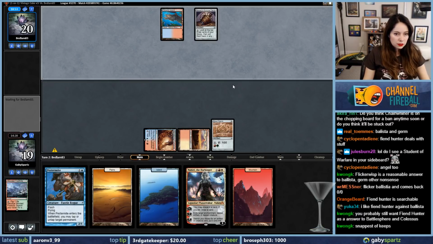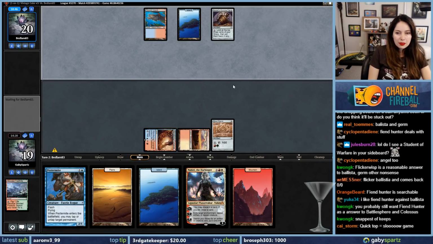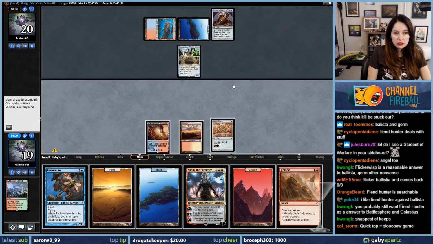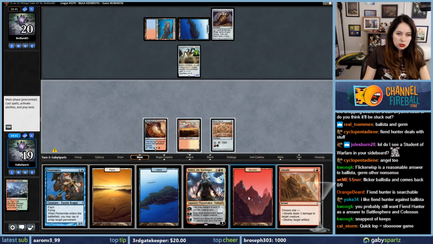Alright, we getting a here next turn? I'm into that. I hope they tap out. Quick top equals slow game. I hate top so much. I kind of refuse to play with that card. I really dislike it. Oh my gosh, we have the Abrade. Sick. Alright, the Hangerback doesn't threaten Nahiri too much, so let's just go ahead and play